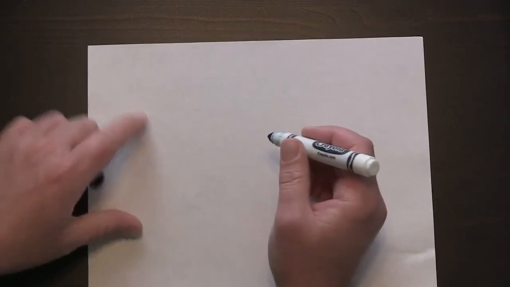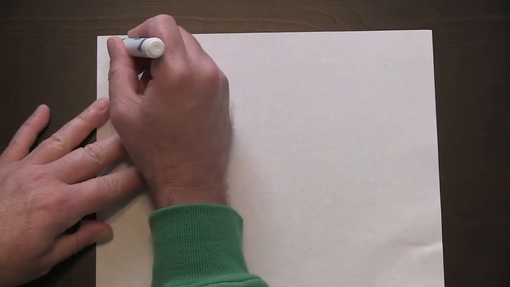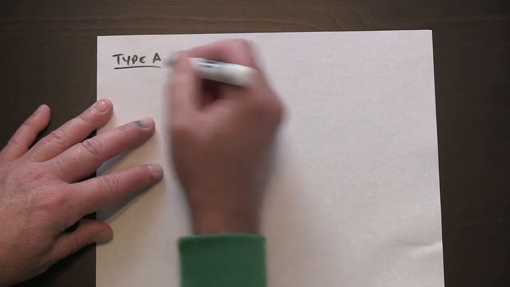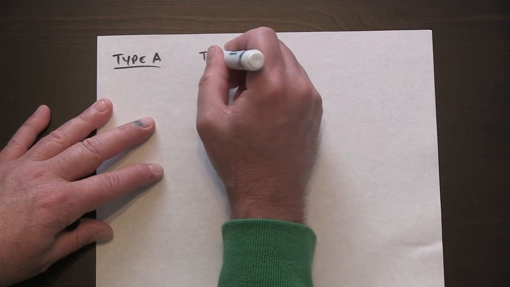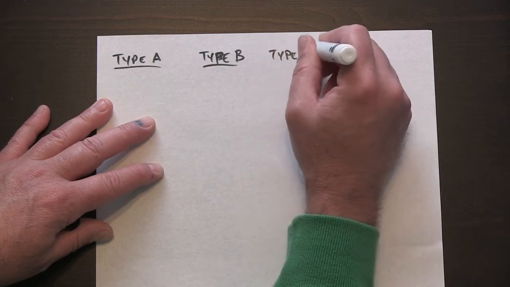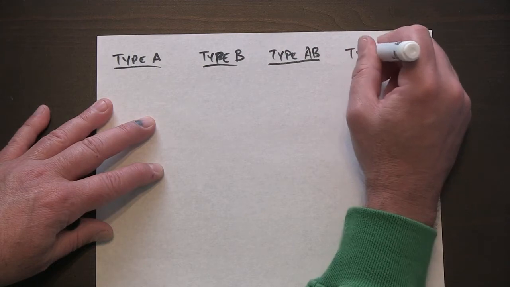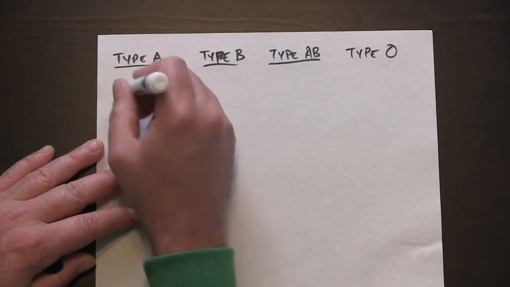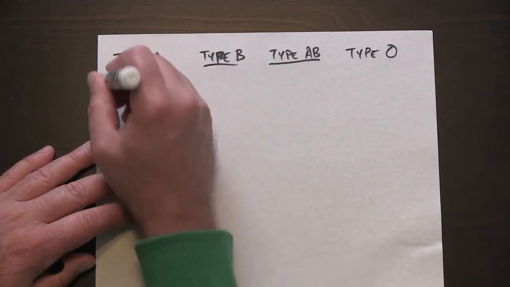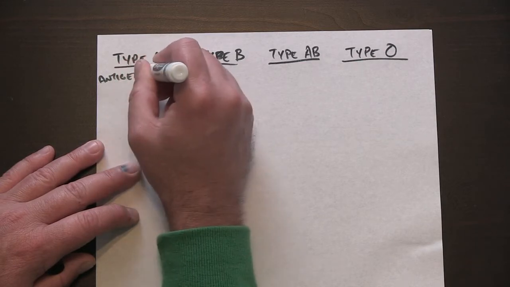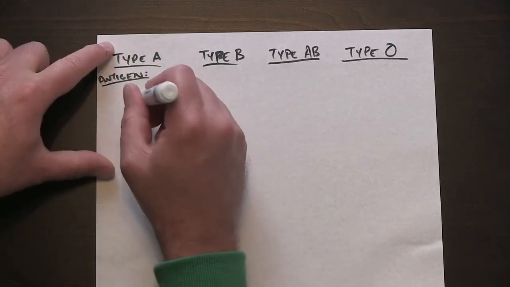And I'm going to switch to a black pen. So we've got blood type A, blood type B, blood type AB, and blood type O. Let's say I should have left myself a little bit more room. The antigen on the red blood cell